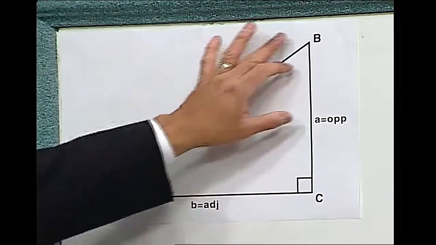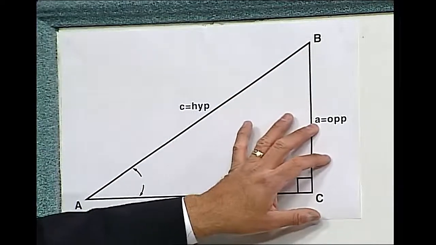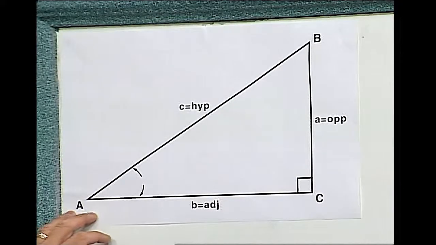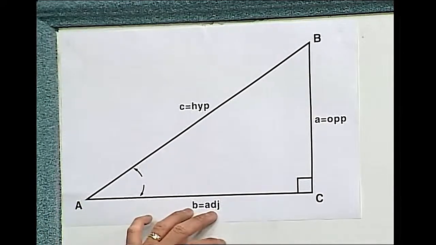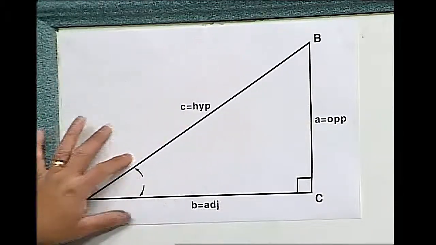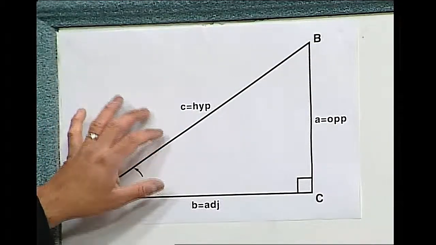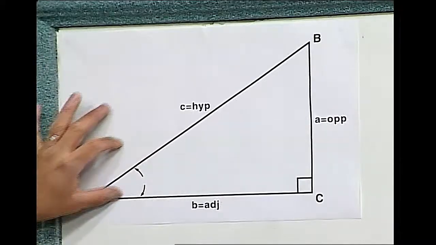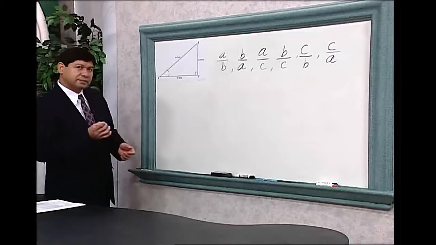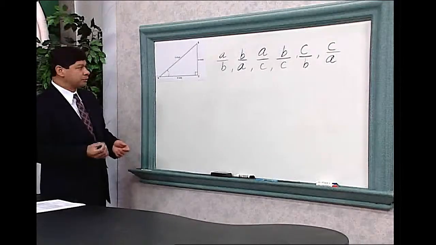We have our side A, our opposite side, which is opposite from angle A. We also have our side B, adjacent, which is adjacent to angle A. And we have, of course, our longest side, our hypotenuse, which is labeled C, and that also is adjacent to angle A. The basic 6 functions for trigonometry are: